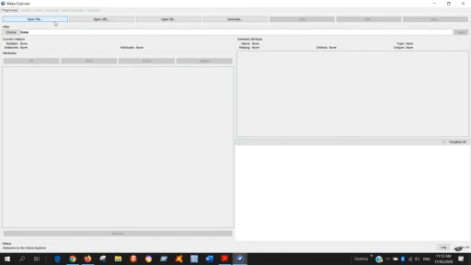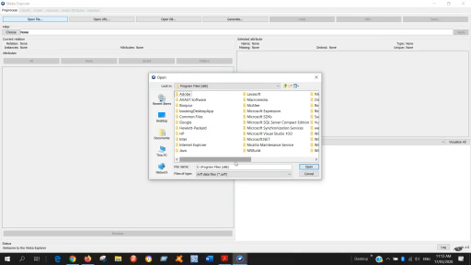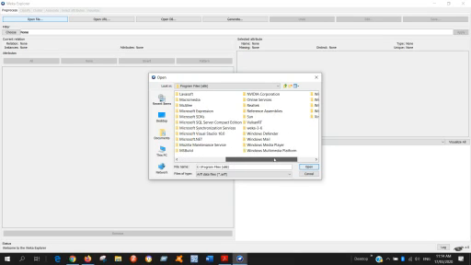So how can you load the file? Go to Open File, go to This PC, then go to the C folder, because our Weka software will be present in the C folder. So go to Windows C, and our application is present in Program Files. Click on Program Files, then find Weka here. Okay, this is the Weka folder, so double click on this.